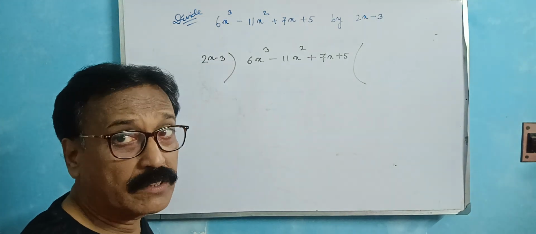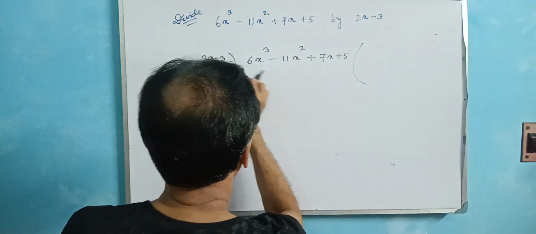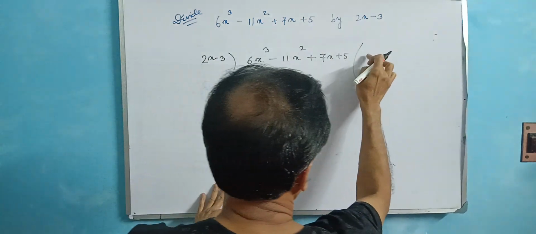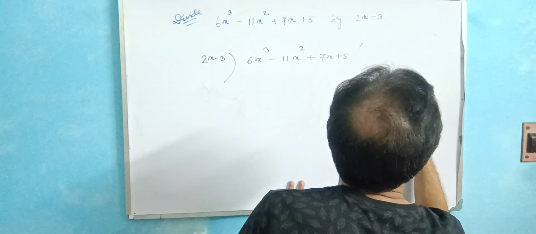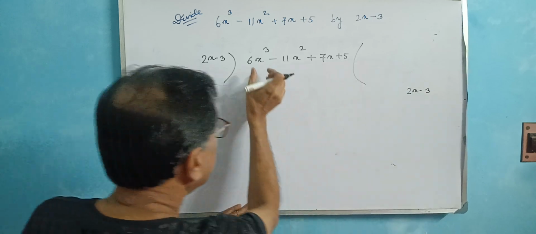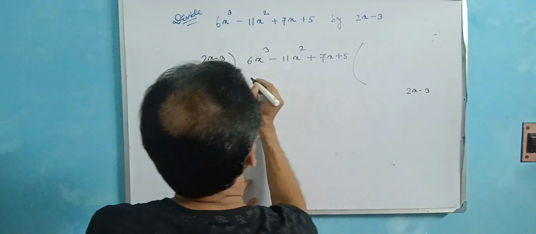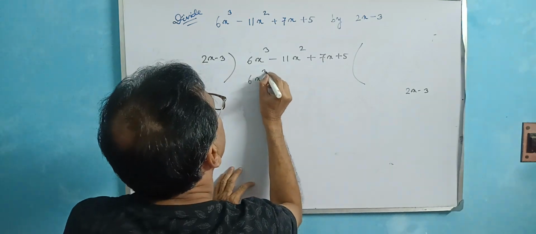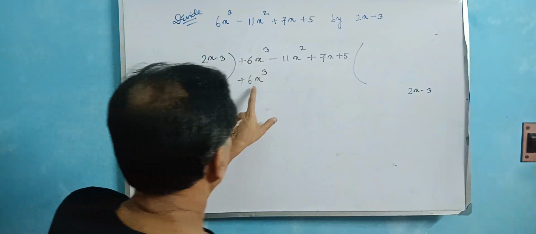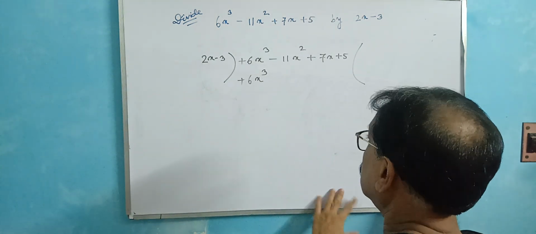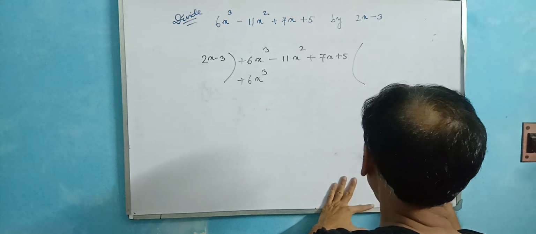One thing is very important here in case of division, the very interesting thing. You just divide this. So what number? 2x minus 3. You just multiply 2x minus 3. In this way, this 6x cube is there. Here is always 6x cube, because the first term you cut off and the sign here is plus, here is also plus. So in which way 2x minus 3 multiply to get 6x cube plus, so plus 3x square.